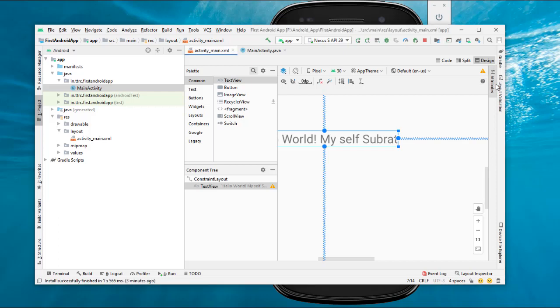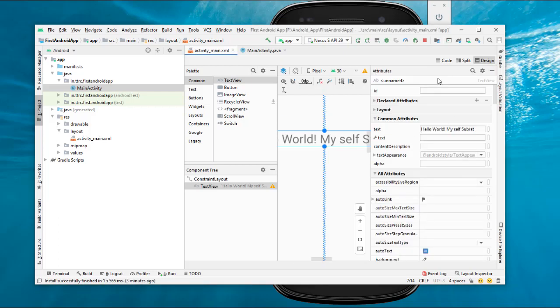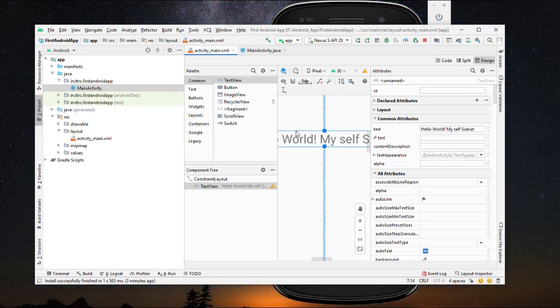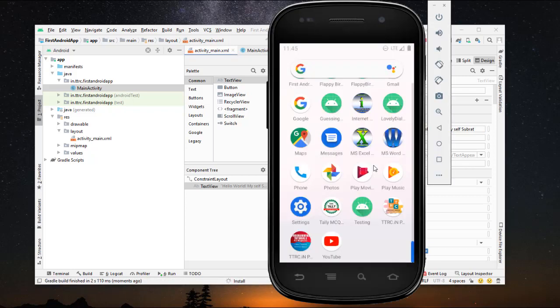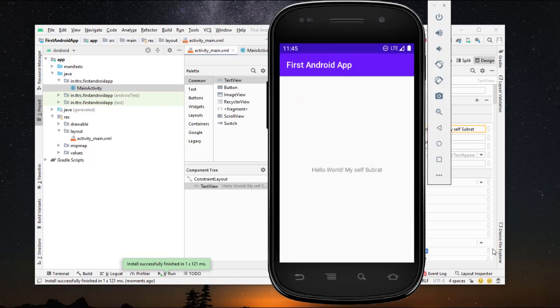Click here, it will display the window with all the attributes. From common attributes, click on text and change the text. Now again run the application. So we will click here to run the app again. Now see, hello world myself Subrat.